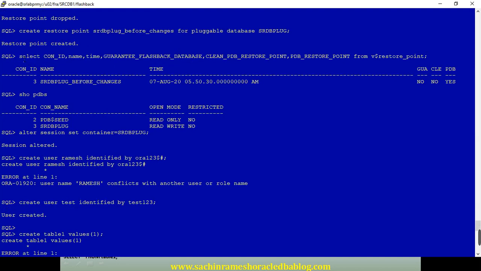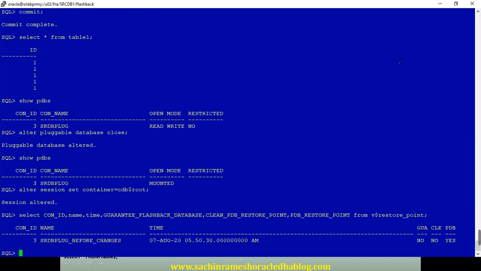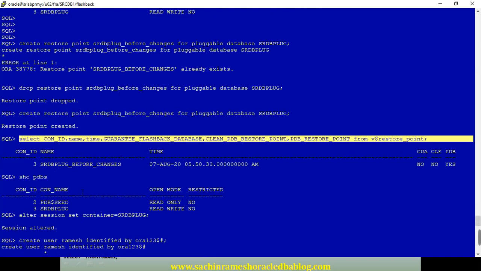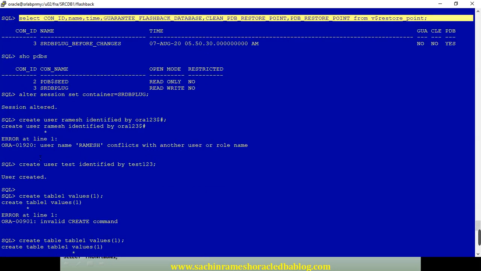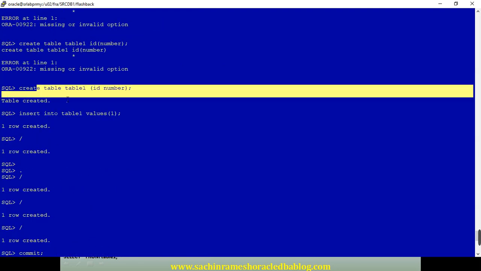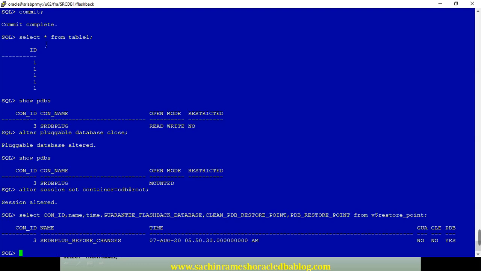So what we are going to do: we have created a restore point, and after that we made some changes in that PDB. We created one user, created one table, and inserted a couple of records. Now we are going to flashback the database.